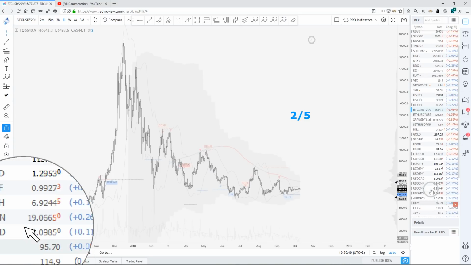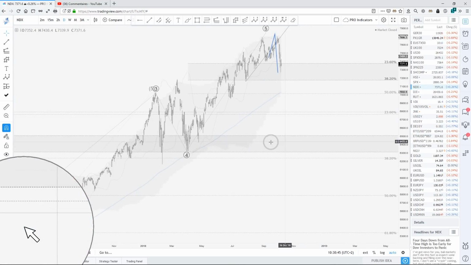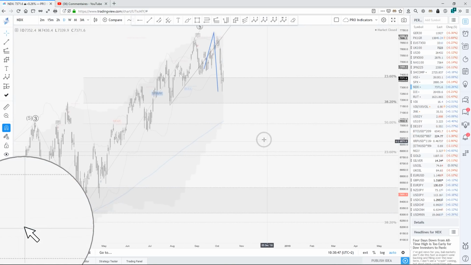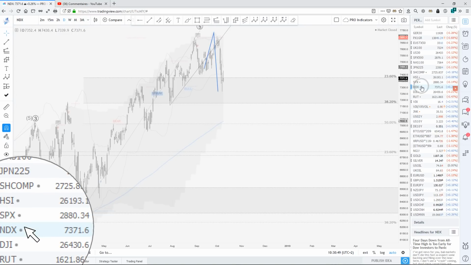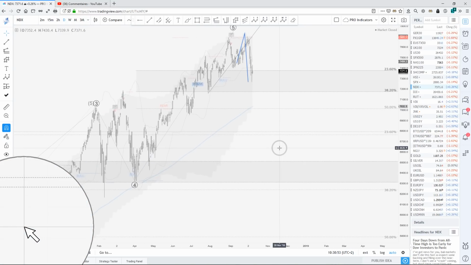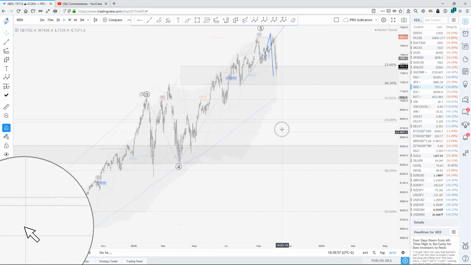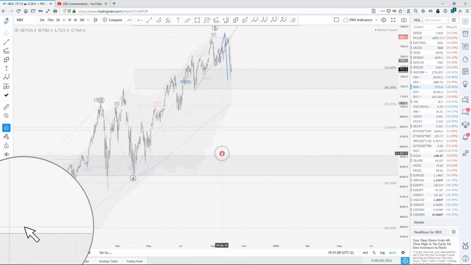So other asset classes, we're going to cover them pretty quickly. We're going to have a look at the Nasdaq yesterday, which managed to make a bullish candle close. We're looking at the cash structure, which is the most important. Remember that Wall Street is right inside the bubble, so the rest of the world is trading normally, but Wall Street doesn't care about what happens elsewhere. They just care about what happens in their own place, and they want to remain as bullish as they